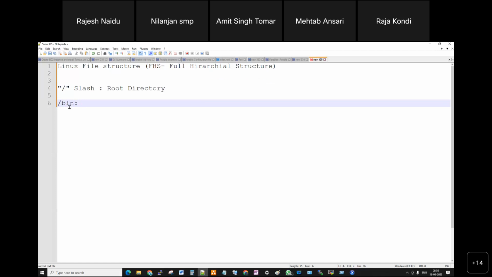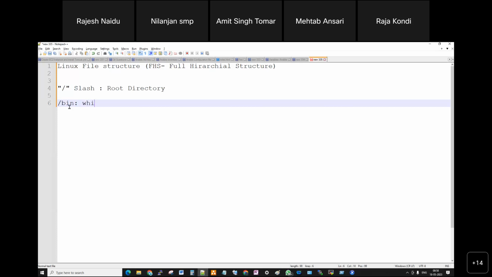Going forward, we will run some commands, right? We just ran a few commands: print working directory, cd space dot dot, ls. These commands are binary files. Basically, normal commands are stored on the Linux server in the binary file system.